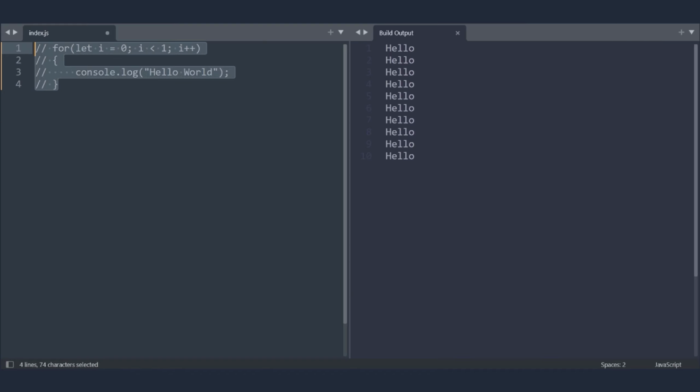The recommended method is to follow the conventions, so that if someone else is reading your code, they have an easier time understanding it as well. And this is the most common method of executing some code a specific number of times, and you will see it in many places. One more thing to note is that since we are defining a variable here,